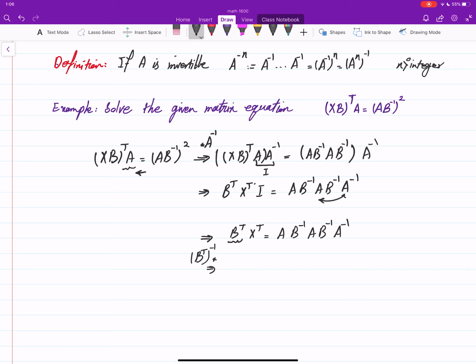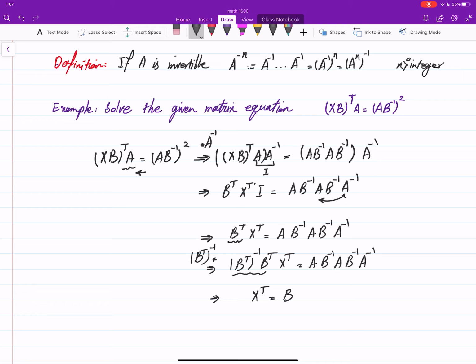If I multiply it from the left by the B transpose inverse, then we will have this, A, B inverse, A, B inverse, A inverse. And these two cancel each other, and I can write X transpose is equal to B